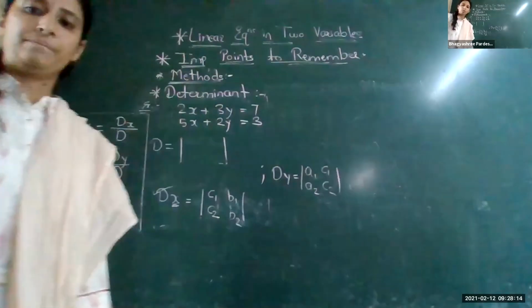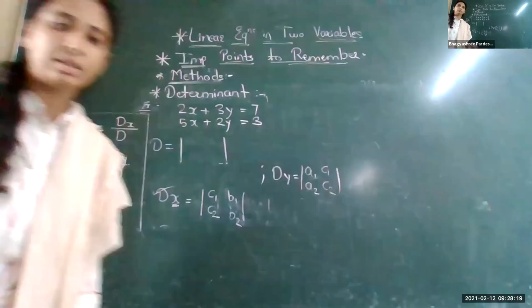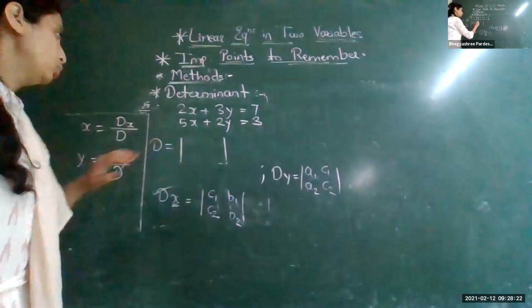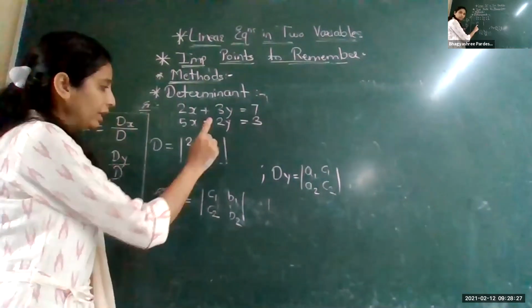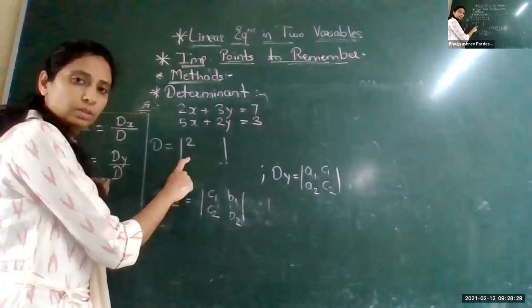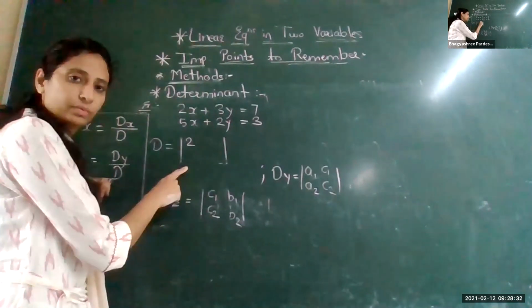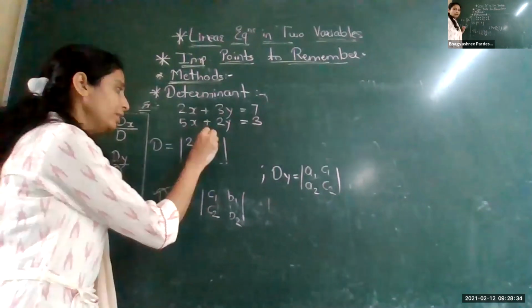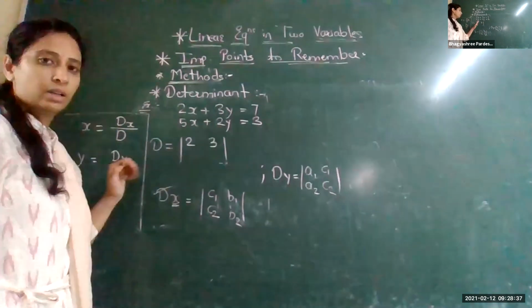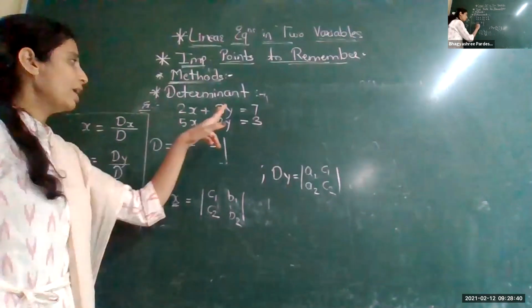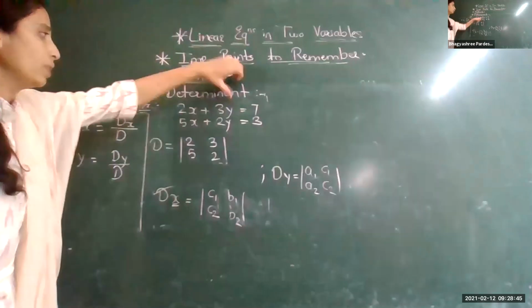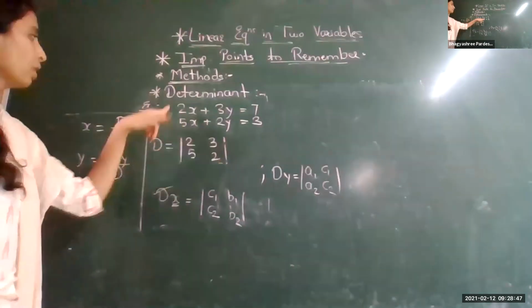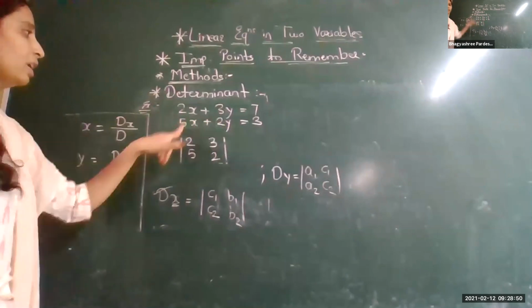Yes, first we will write 2 and 5, then 3 and 2, and here 2, 5. On the left side 2 will come and on the right side 3 will come, in the first row, and below we have 5 and 2. Very good. So it is here. What have we done? First variable: from the first equation, this 2 we have written in the first row. From the second equation, this 2 we have written in the second.